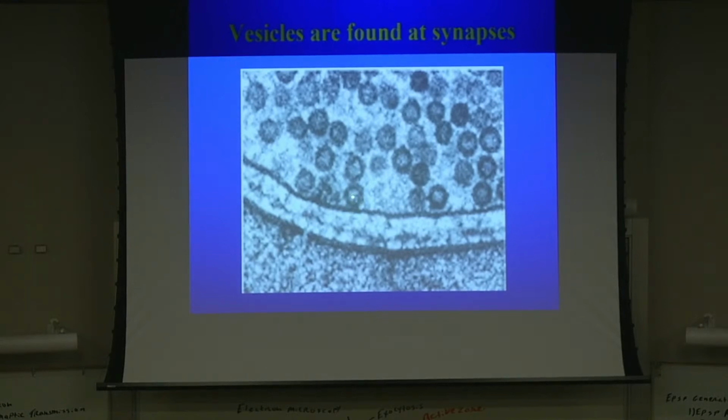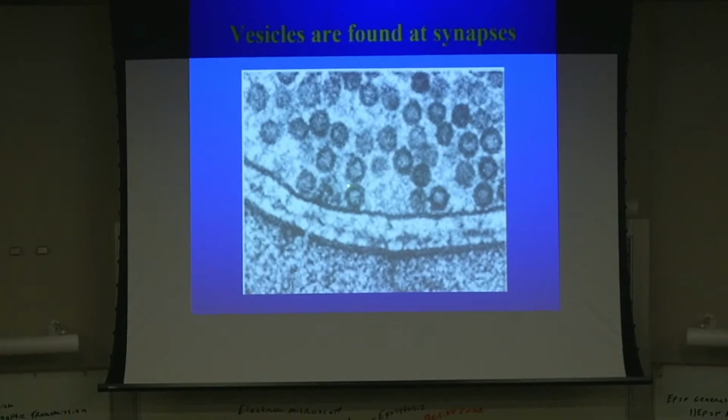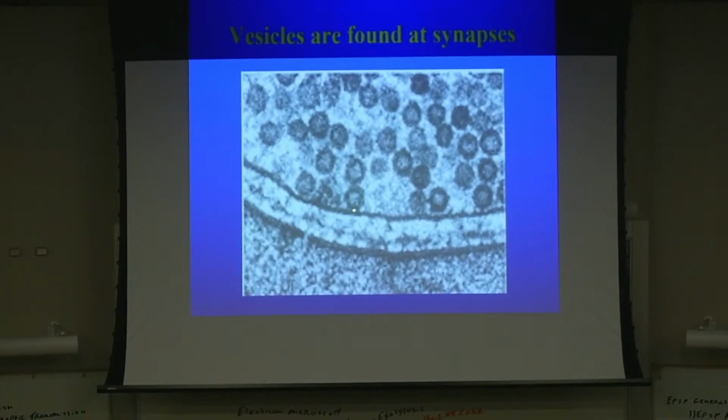When it fuses with the plasma membrane, the 5 or 10,000 molecules of acetylcholine inside the vesicle are released from the cell to diffuse across this narrow gap. This gap is no more than 30 to 50 nanometers, so it's tiny. The neurotransmitter diffuses across the gap and now binds to receptors in the postsynaptic cell, and that's where we're headed now. Before we get there, let me show you this sort of